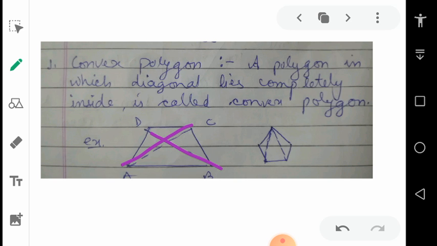Okay, so both the diagonals are inside this shape completely. No part of these diagonals lies outside the shape. So this type of polygon is called a convex polygon. Okay, and in the second figure the dotted lines show the diagonals, so both the diagonals completely lie inside the shape. So in a polygon, if the diagonals lie completely inside it, it is called a convex polygon. Now is it possible that diagonals or part of the diagonals are outside the shape? Okay, you might be thinking, yes, it is possible.